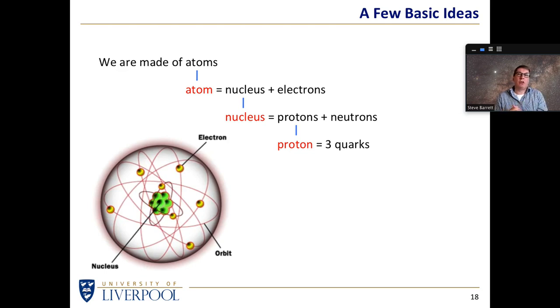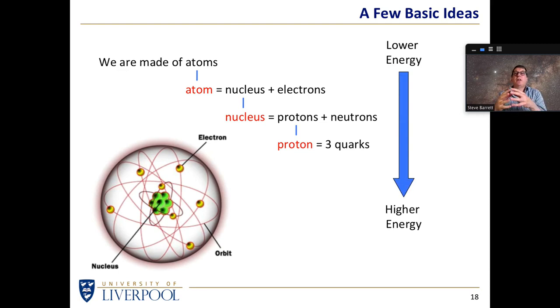So there's the Russian doll idea, that we can break things apart at various levels. And the important point as far as making a universe is concerned is that it takes a certain amount of energy to rip an atom apart. It takes more energy to take a nucleus and rip that apart into its constituent protons and neutrons. And it takes even more energy to take a proton and rip that apart and see inside its fundamental particles, its quarks that make up a proton. So there's an implicit energy scale here if we're thinking about this Russian doll.